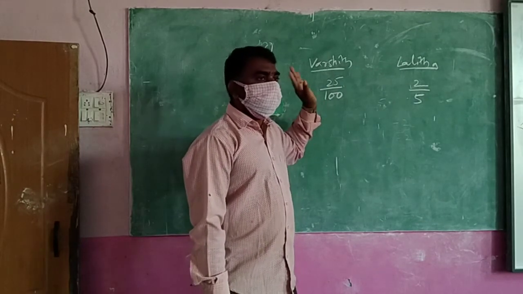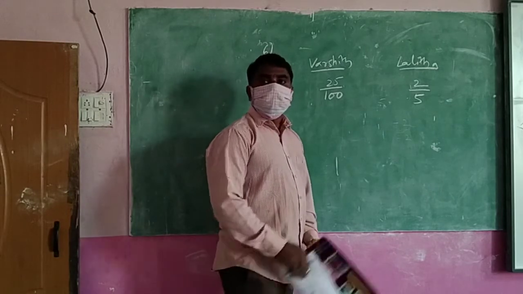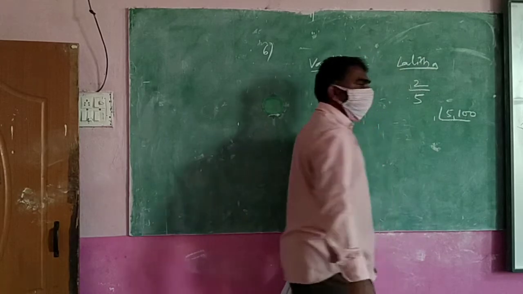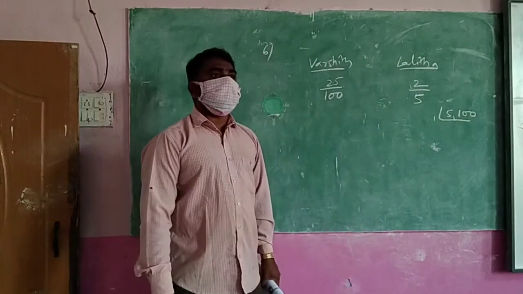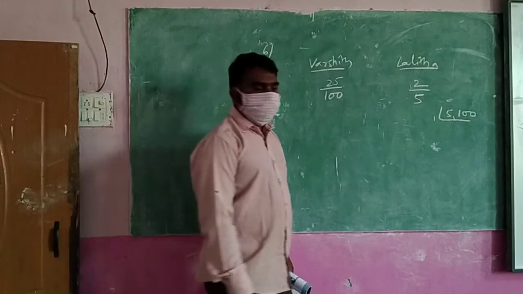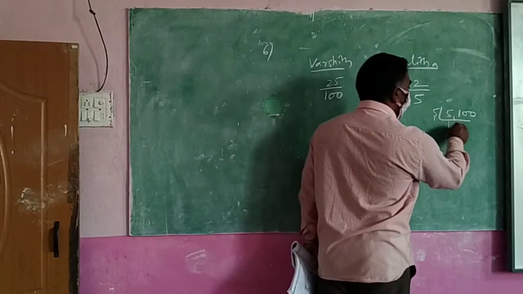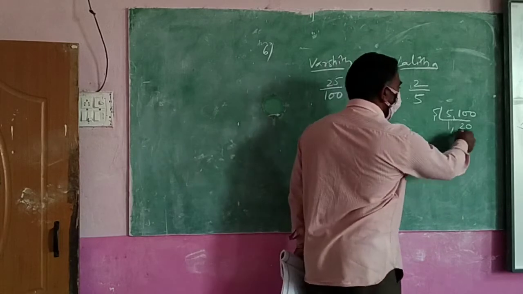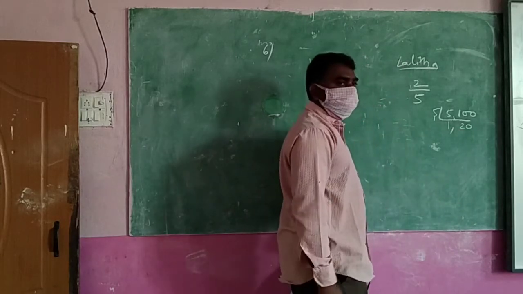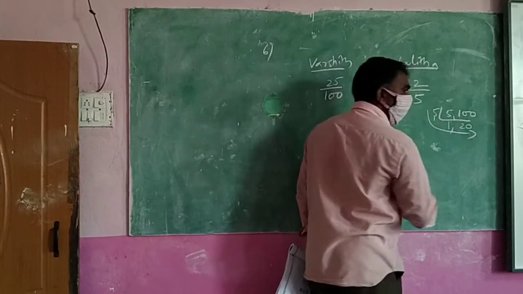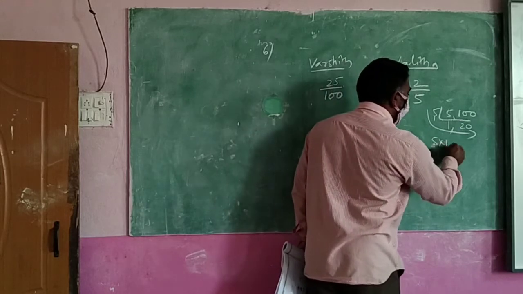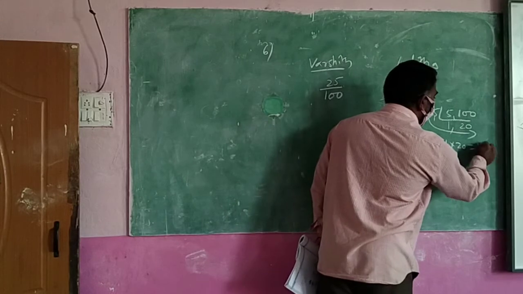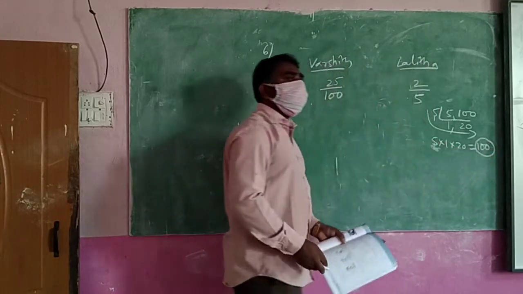By the LCM method. Can you do it? Yes. Take the LCM. Which numbers? 100 and 500. What table are they coming in? 5 table. How? 500. 5 20s are 100. Again, are they coming in the same table? No. Then what will you do? You will multiply these now. 5 into 1 into 20. 5 ones are 5. 5 20s are 100. So you have to convert into 100 sets.